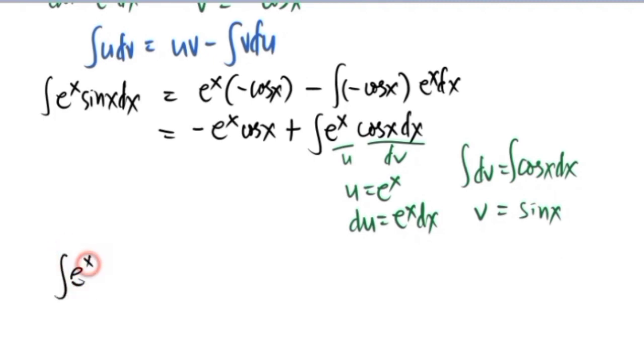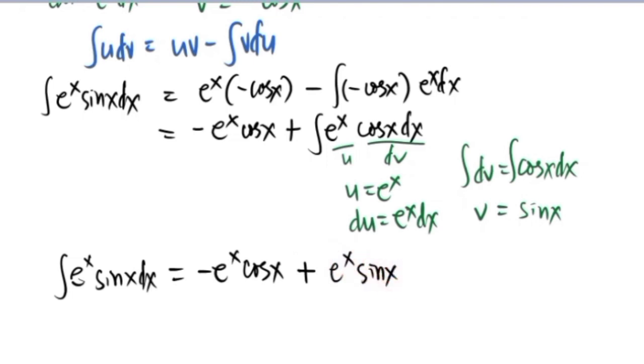So we have e to the x sine x dx is equal to negative e to the x cosine x plus uv minus integral of v du. So u is e to the x and v is sine x minus integral of v du. So your v is sine x and your du is e to the x dx. So if we notice, our last term is just the same as that of the left side of our equation. So we transpose the last term to the left side of the equation and we would have